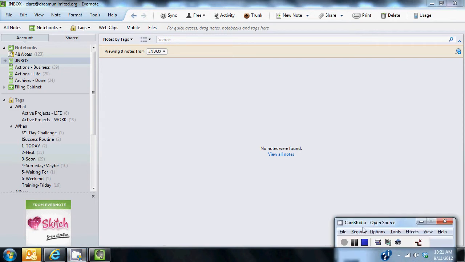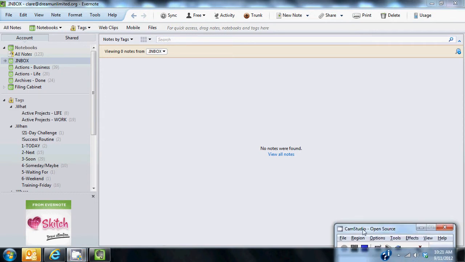So let's talk through a little bit more about, okay, you've got these things in Evernote. Now what? How do you know what to do, and how do you know how to get your hands on something quick and easy? All right, so as far as what to do,